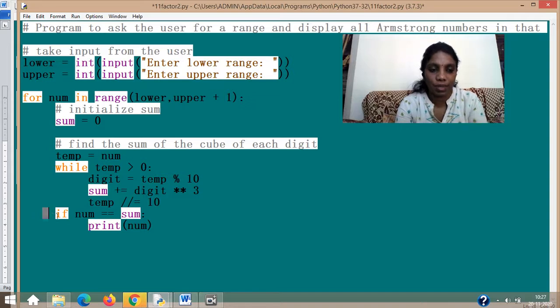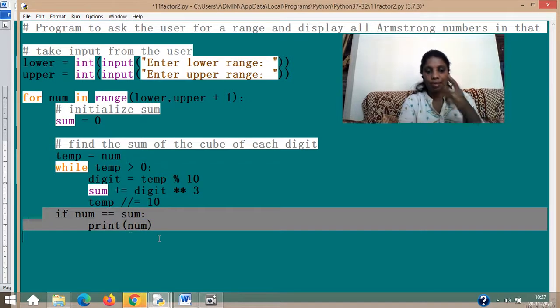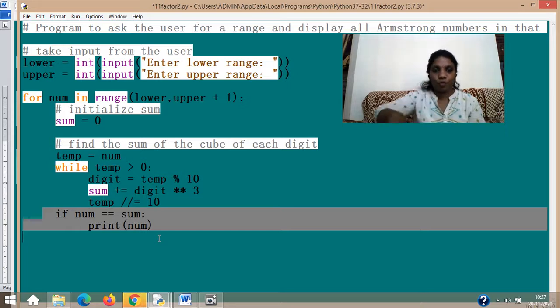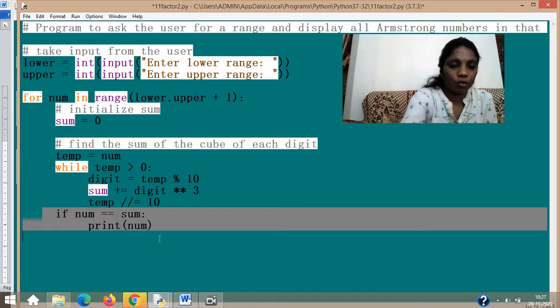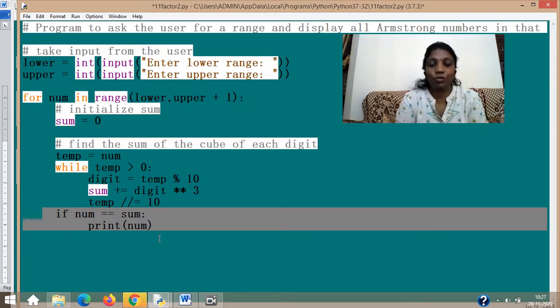I had given this statement to the end to show you that when I gave it at the end, it was outside the loop. But that is wrong, and it should be given like this because it should be inside the for loop. Only then, when the for loop is ending, will you be getting a range of values which are matching as Armstrong or not. So this is what I was trying to show you.